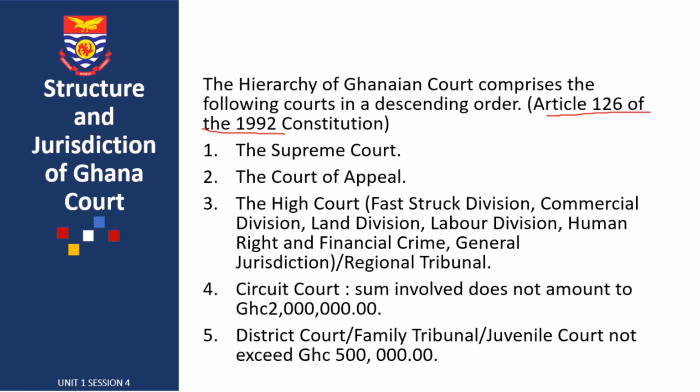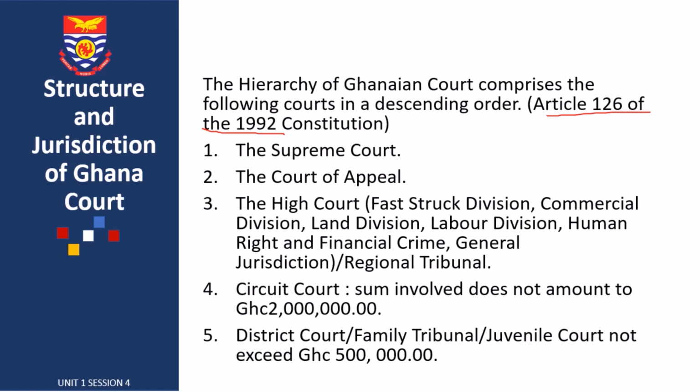In terms of civil matters at the district court, if the amount does not exceed 500,000 cedis, you can start the action at the district court. So you cannot start a case where the amount involved is 2 million at the district court